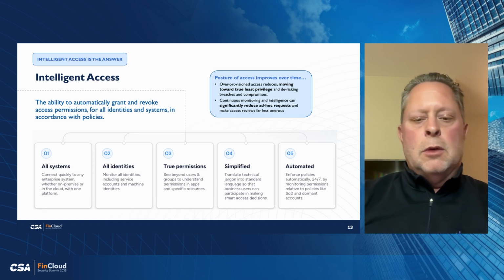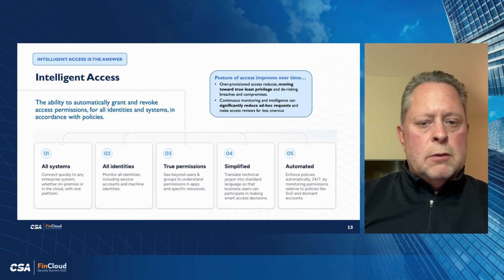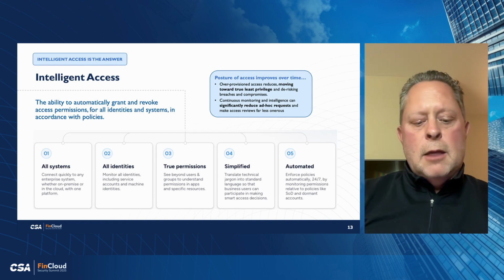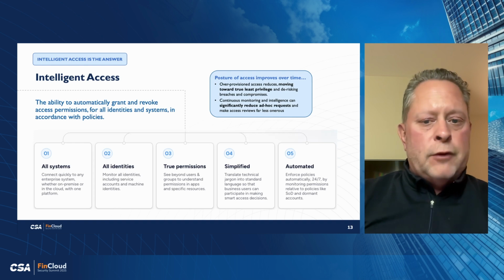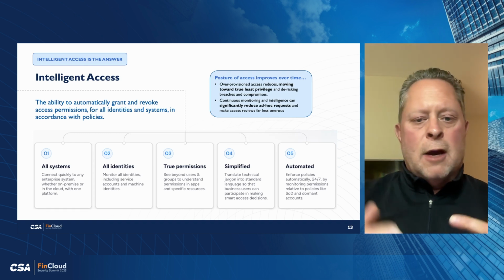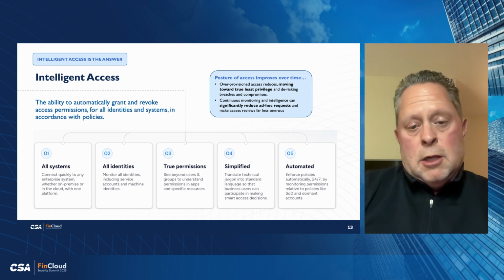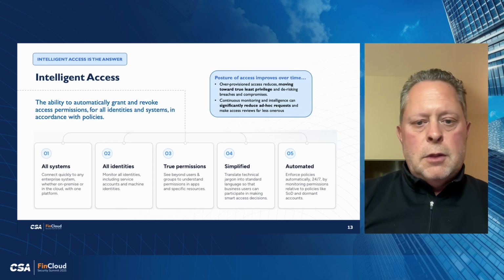And then the other thing you can do, with continuous monitoring intelligence, is reduce ad hoc requests. Wouldn't it be nice if you didn't have to do so many quarterly access reviews, because you're much more confident that your access is appropriate, and you wouldn't need to call the help desk to ask for access because the engine under the covers is granting you that access because it learns that you need it based on your activity and based on your role. So all of these come together to build what we believe is the future of identity security, much needed disruption.